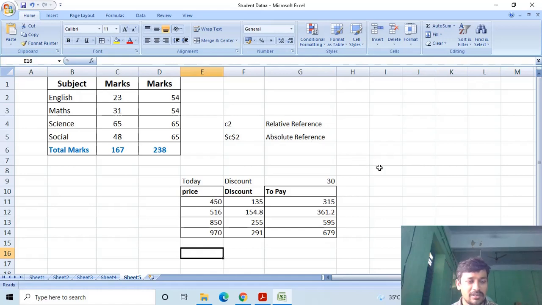A formula is an expression that evaluates a value. The expression consists of cell references and operators. In MS Excel, there are two types of operators: one is the arithmetic operators, the second is the logical operators.